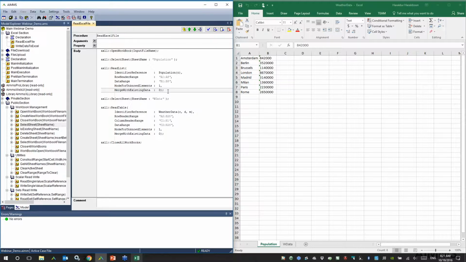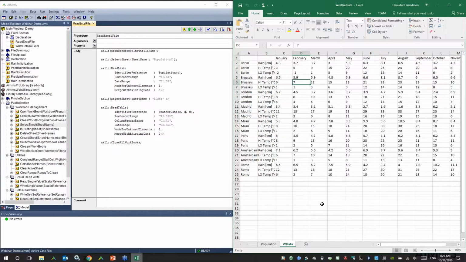Now that I've set up how to read in the list, I will move to my next sheet. So that means I will select the other sheet in my Excel library. Now I have a three-dimensional identifier, and I want to read in weather data for a list of European cities, the annual rainfall and high and low temperature for each month. So I start by declaring my row header, which is A2 to B25. So that's this corresponding area,